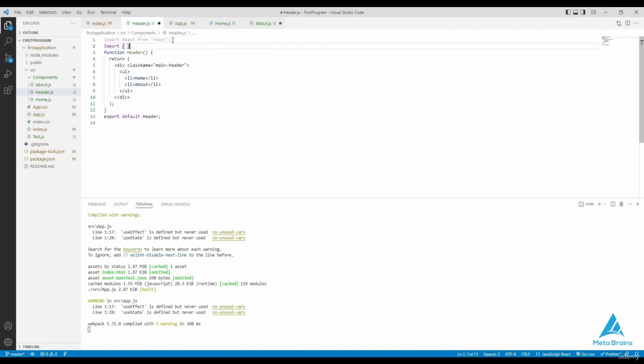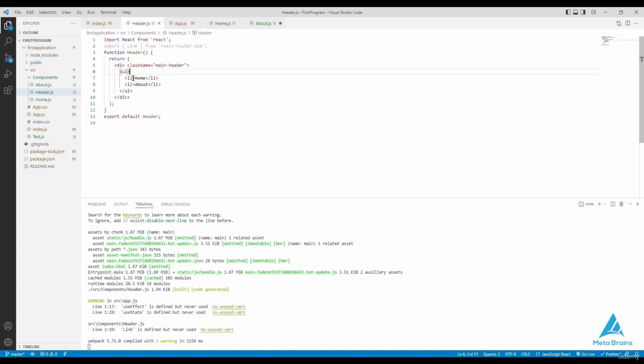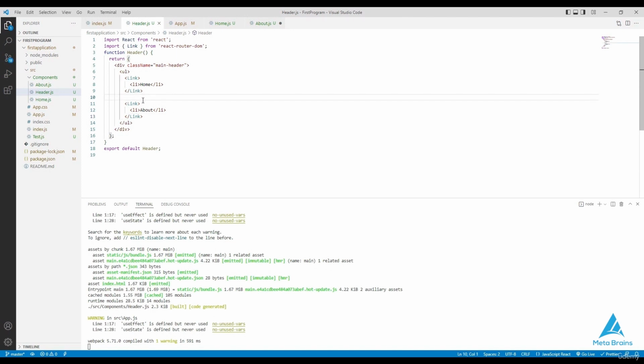So we'll go to our header, we'll import another thing, which is link. You can't do it with the same method as in HTML. React is a little bit different. So first of all, we'll import the link from React Router DOM. We can assume it as a link and we'll place it here. So we're making another link and we're placing it there. This link basically works like an href, but as we are using React Router DOM, its syntax is a little bit different. As you have to put something in place of an href, we'll give the keyword to,